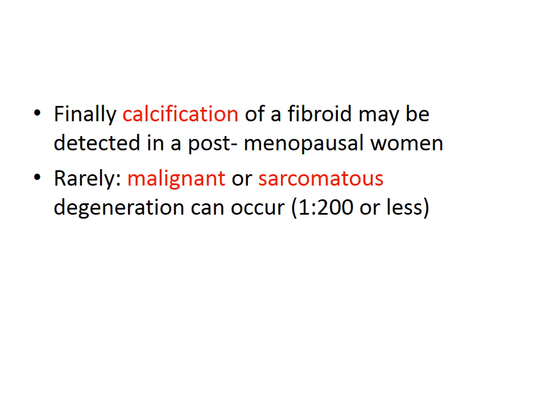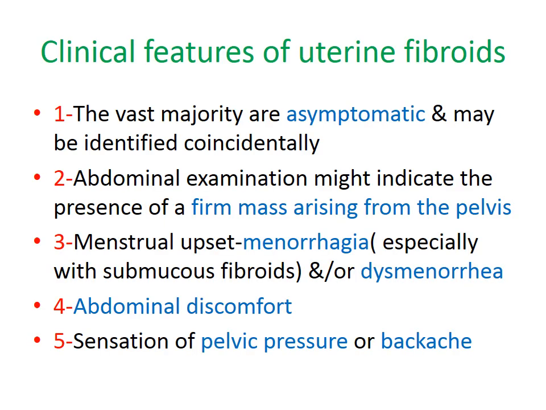Rarely, malignancy, malignant transformation or sarcomatous degeneration can occur, with an incidence of 1 in 200 or less. Clinically, how does a woman with uterine fibroids present? In the vast majority of cases, they are asymptomatic and may be discovered coincidentally. However, they may present with an enlarging firm mass arising from the pelvis, or